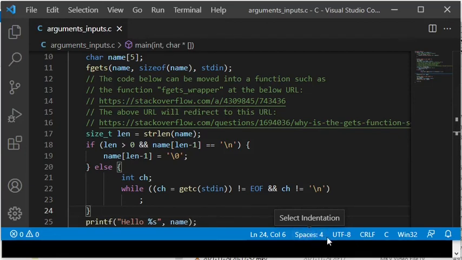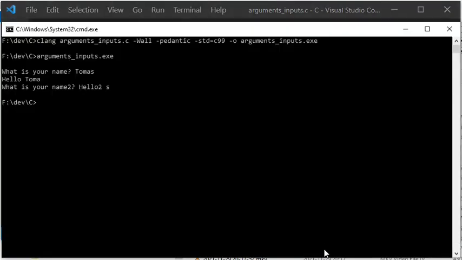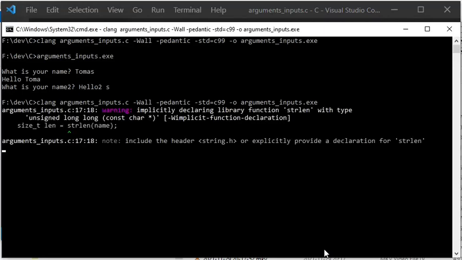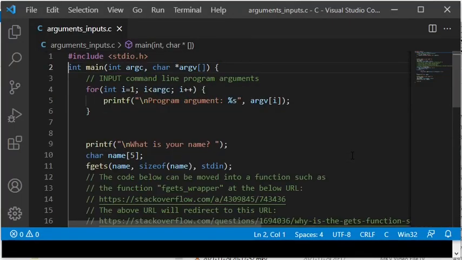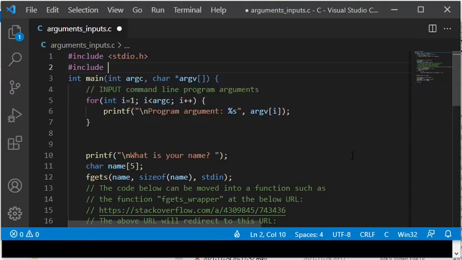After that while loop, the input buffer has been cleared, so it can read the new input string properly, which you soon will see when I compile and execute the program again. You can also read the Stack Overflow page, which you can see here, and I will link to it from the description. Now when I compile, an error message is shown. The problem is that I need to include string.h, since I am now using the function strlen, which returns the length of a string. Therefore, I am now adding such an include statement and then compile again.